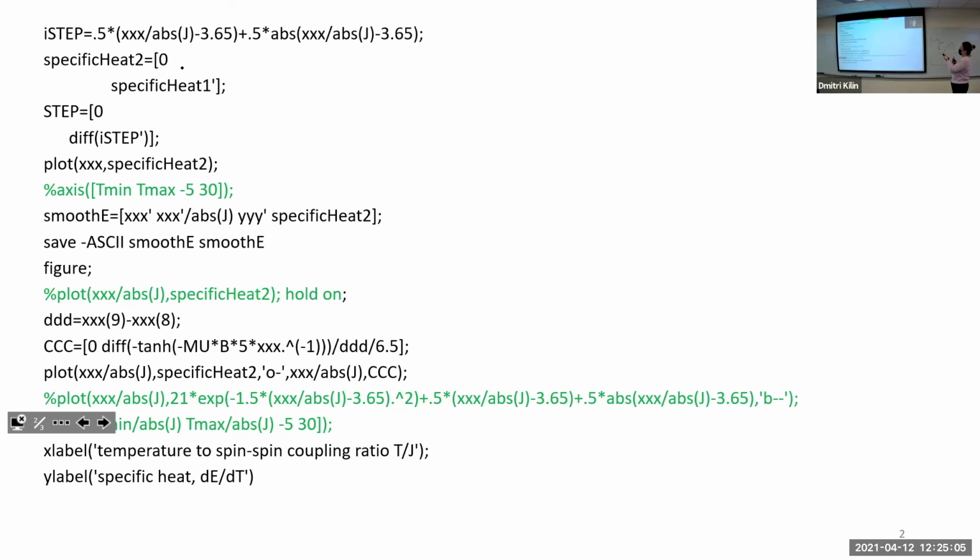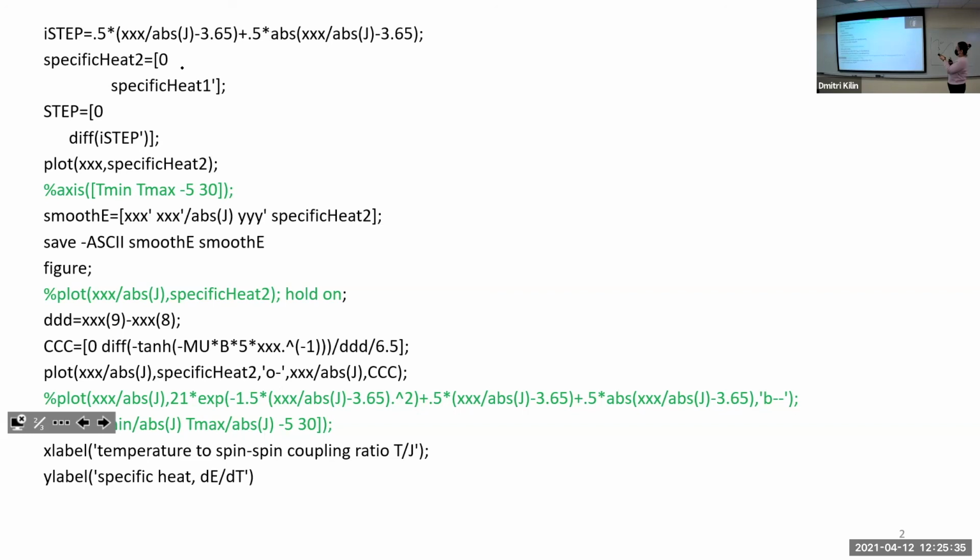Later on, we plot again, and I will show the figure later, which shows the relationship between our zero and the derivative of our energy-temperature relationship. Based on that, we also do another smoothing, and we save that data, and then we do another reference